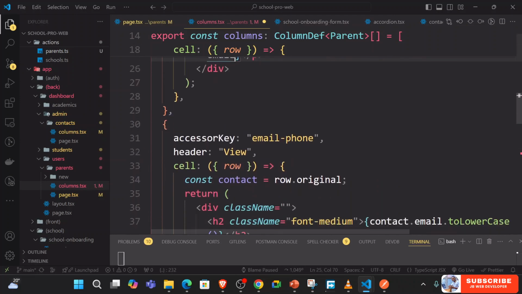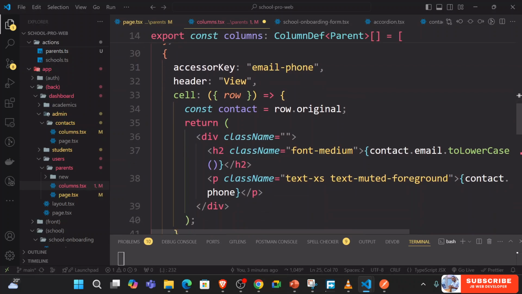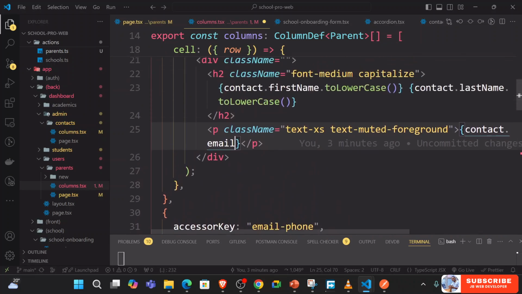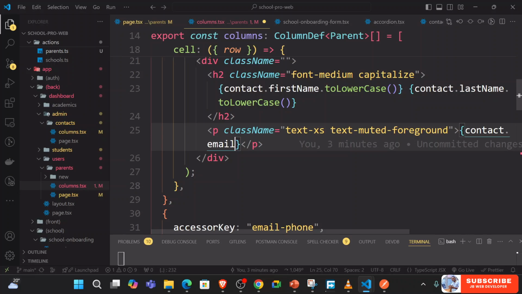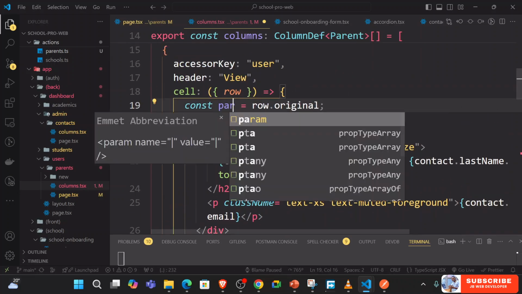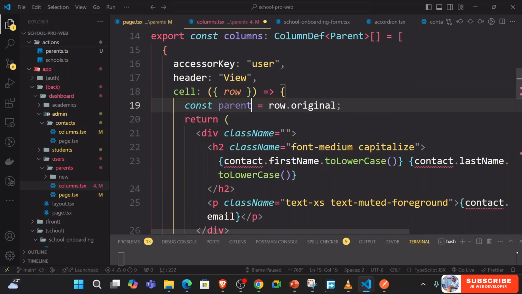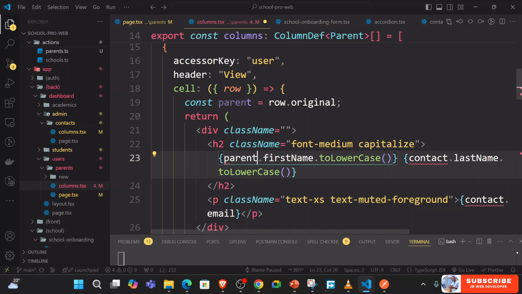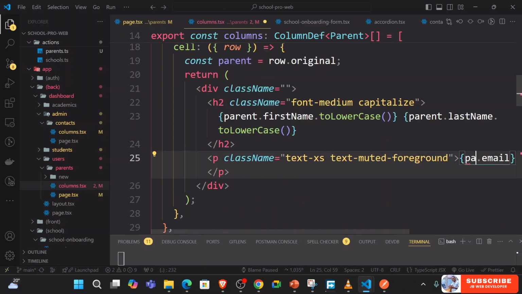Okay, and then we have also this, while we have the email and phone. In fact here we just put the relationship. I'm just going to say contact dot, I guess I could name this to parent to make sense. Parent, and even here, so this is going to be parent dot